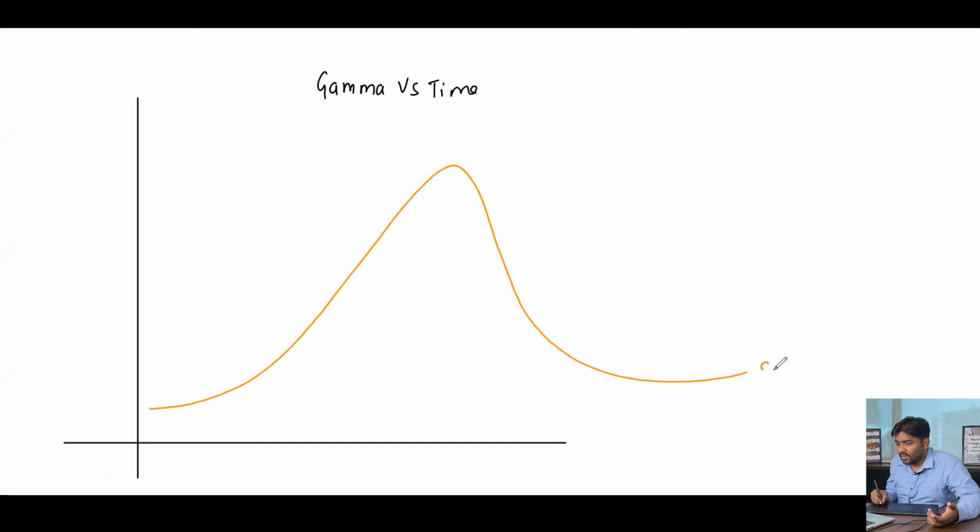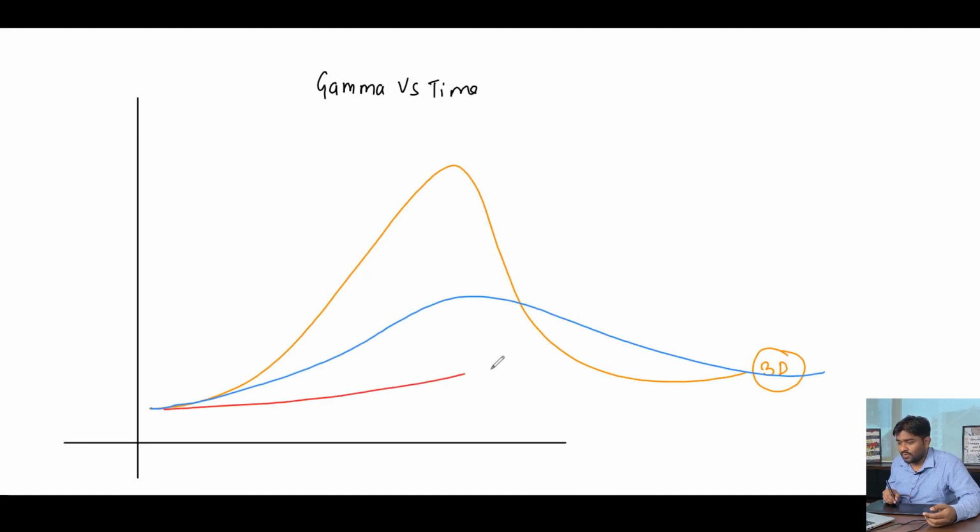Gamma will be, let's say, for 3 days only. So for 3 days gamma is high. Now when we have, let's say, 6 or 7 days, let's say 8 days, the gamma will be like this, a bit flattish. When you have 15 to 20 days, it will be much flatter. So gamma effect is always on the very near expiry. Let's say the blue one is 12 days, and that becomes a bit flattish. So the gamma effect will always be higher when we are near to expiry. I think this is also clear.